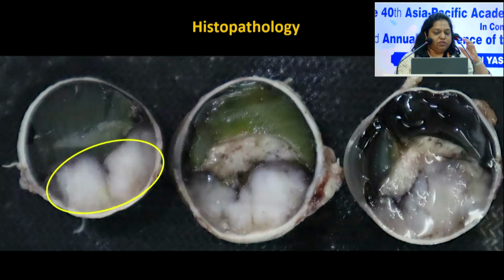Later, this eye was enucleated because there was a questionable diagnosis, and we could not say that it was RB. On gross examination, what we found was that the tumor was predominantly seen in the choroid with a very small extension into the vitreous cavity. You can see the break in the Bruch's membrane over here.